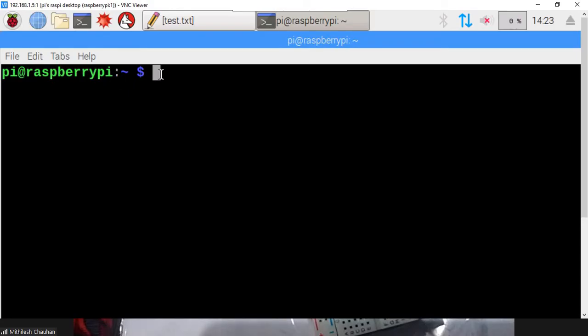The first thing, we may create a folder in which I will put all my files or programs. So to create a folder, I will type mkdir, which is make directory, and the name of the folder, TYIOT, then TYIOT PROG, and enter. Then I have to move myself into that directory. Then I have to type cd space and my folder name. My folder name is TYIOT PROG.